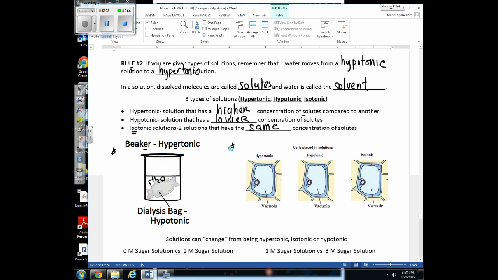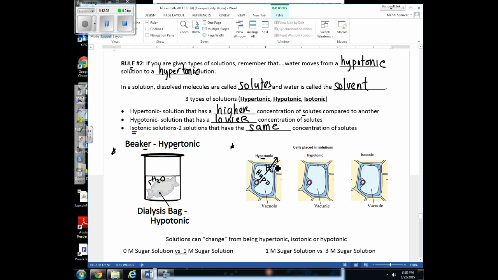Let's apply that to these diagrams here. So here we have cells, and it's telling you that the cells are placed in these solutions. So it's saying that the outside of the cell is hypertonic. By default, that means that the inside of the cell is hypotonic. So in this situation, water is going to move to the hypertonic. Remember, go to the hyper party. So water is going to move out, or there's going to be a net flow of water out of the